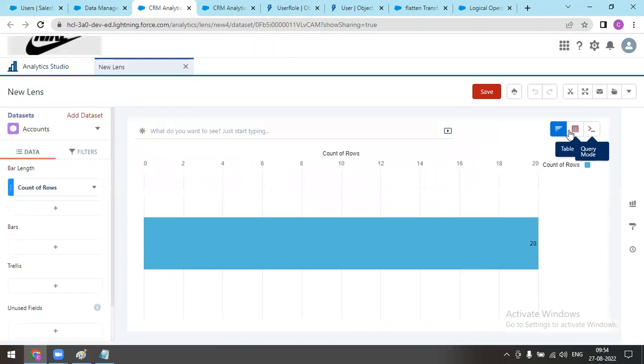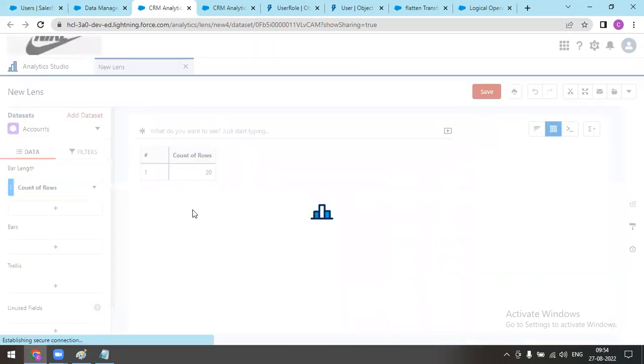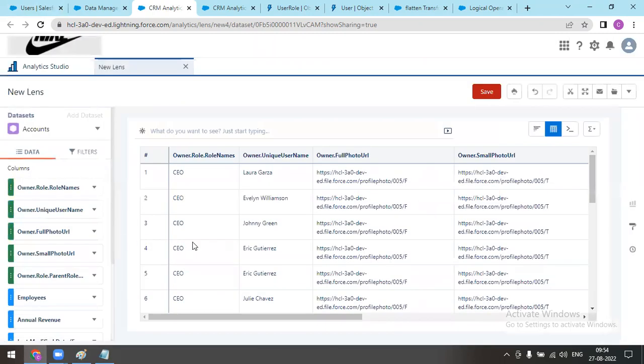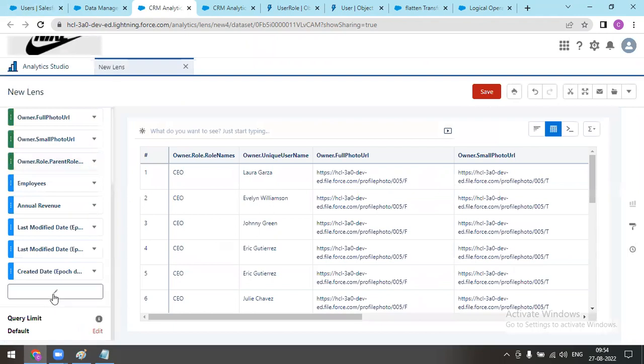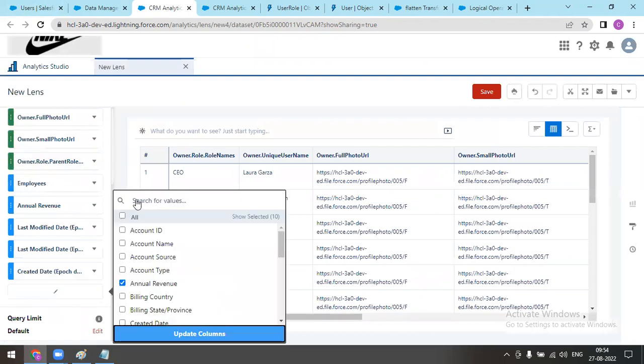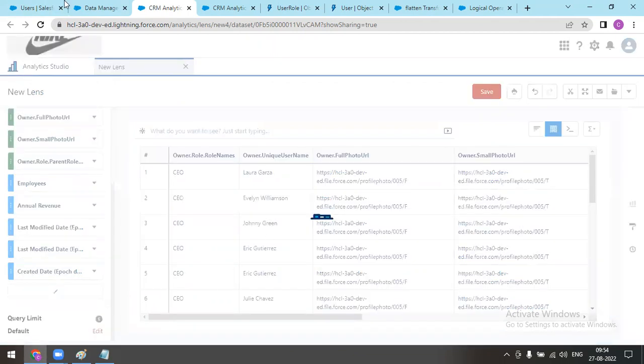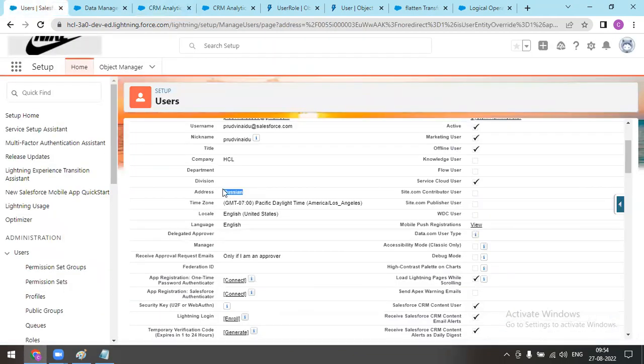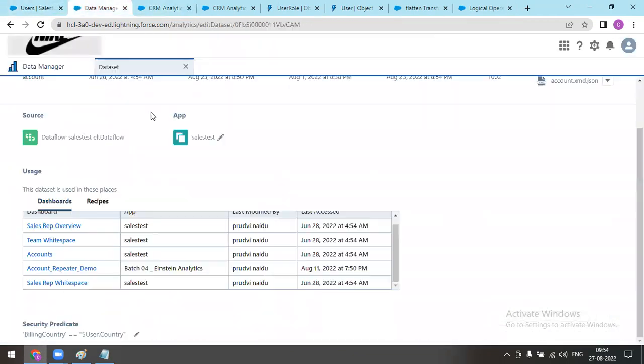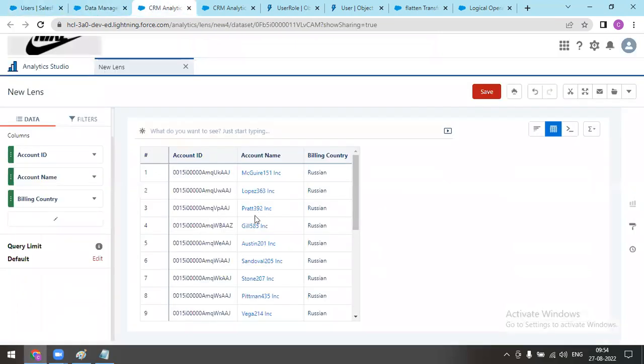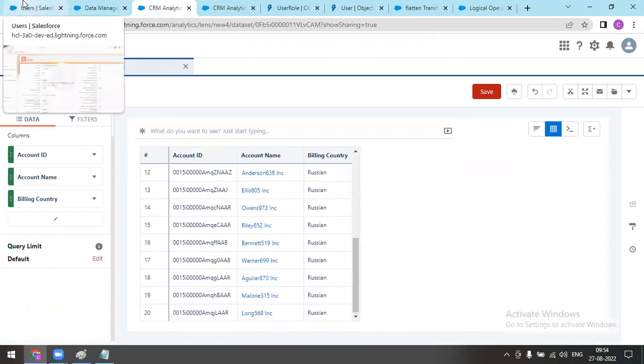See, I have only 20 records. Now just concentrate only on these things. Remove all these things, keep entity name and country. I should not be able to see all the things, only Russian countries, because the logged-in user's country is Russian. See Russian. I'm able to see only Russian, not other countries' records, because I wrote the security predicate on billing